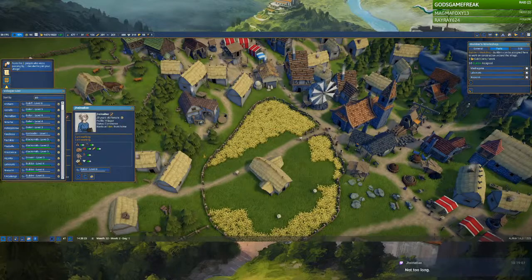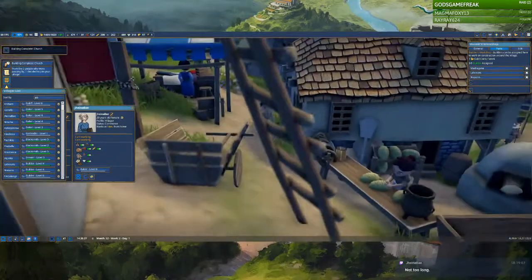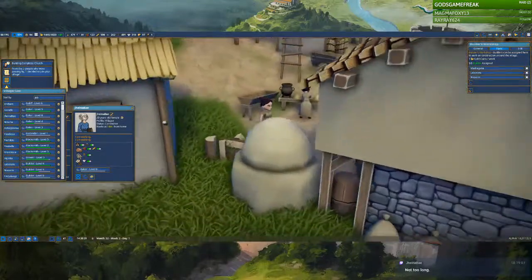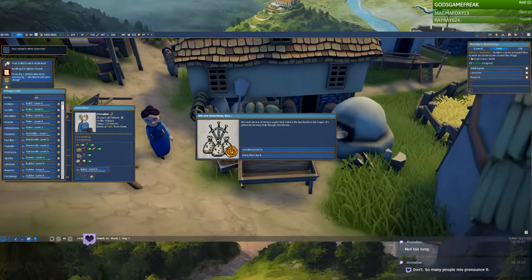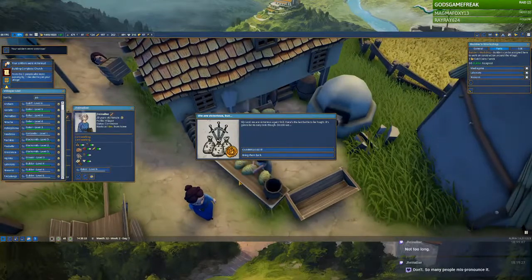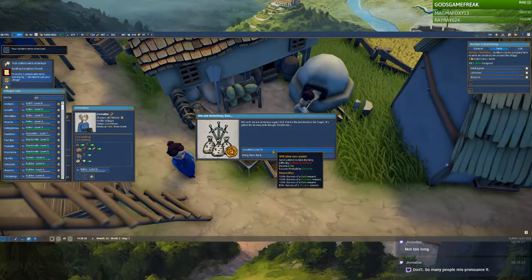All right, Jaina. Oh, Jaina, there you are. I think you're going off to work, right? Yeah, you're just heading over to work. Here's your bakery. So many people mispronounce it. It's really nice though. Okay, so this is our first